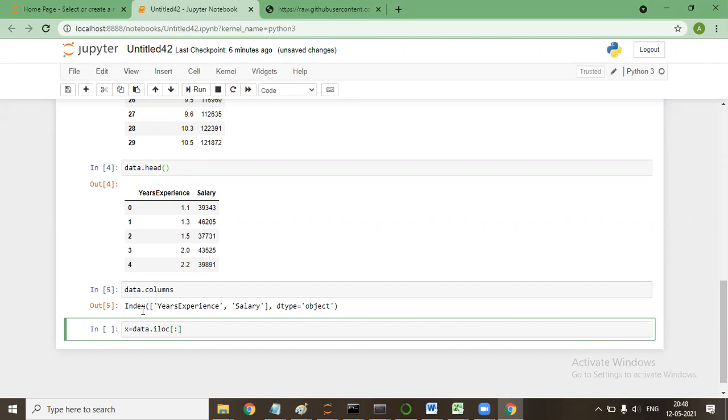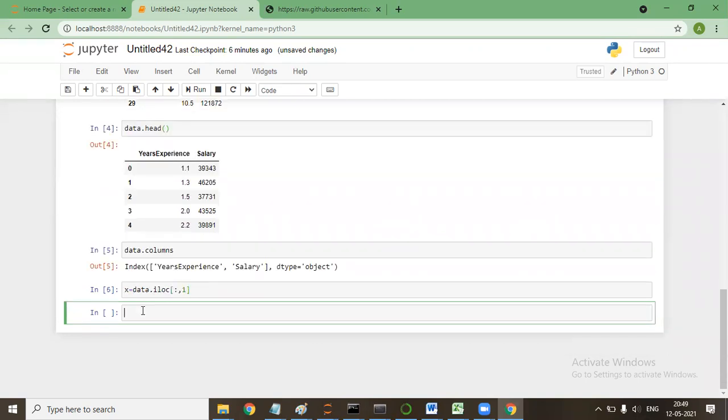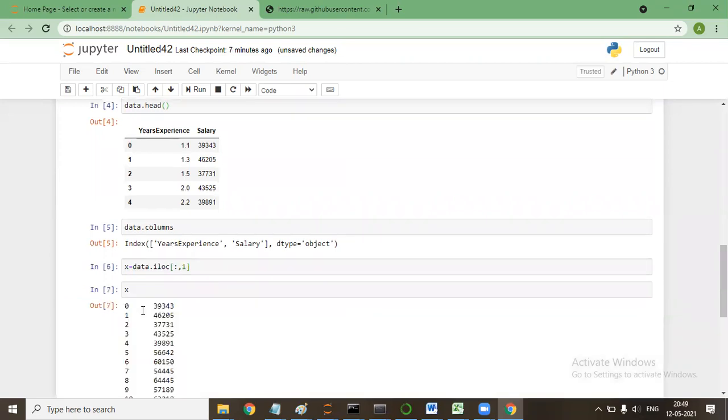If I say 1 like this, what will this variable be? Salary. Years of experience, salary.